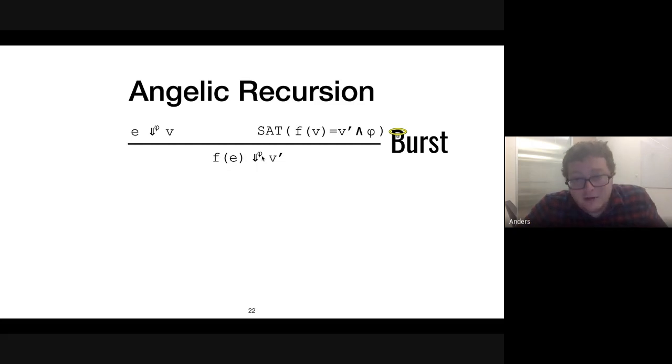This might fit in with some of your prior notions of angelic, which is talking about whether there is any way in which the program could satisfy the specification or act correctly. And in this one, yes, there is. The one disconnect is that usually the angelic stuff is used for ors, where you can take the left branch or the right branch non-deterministically.